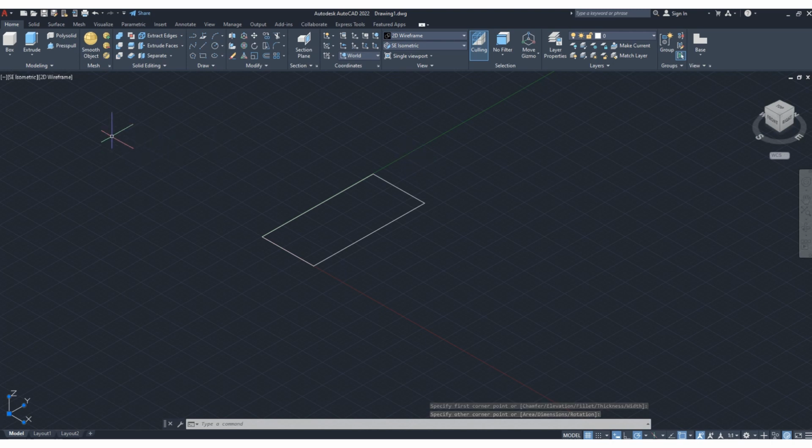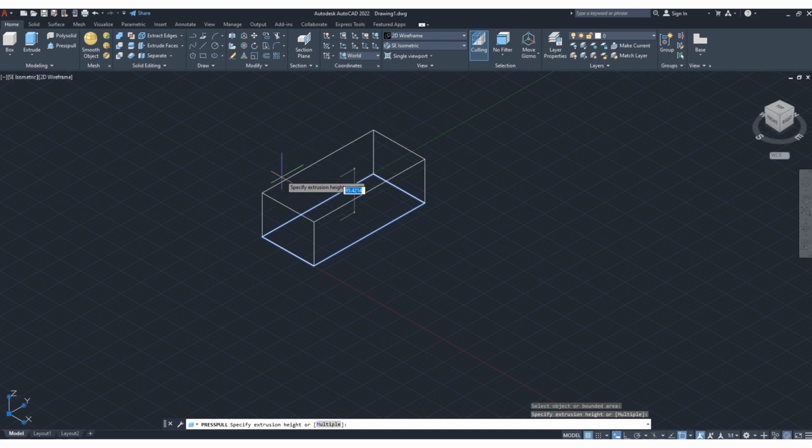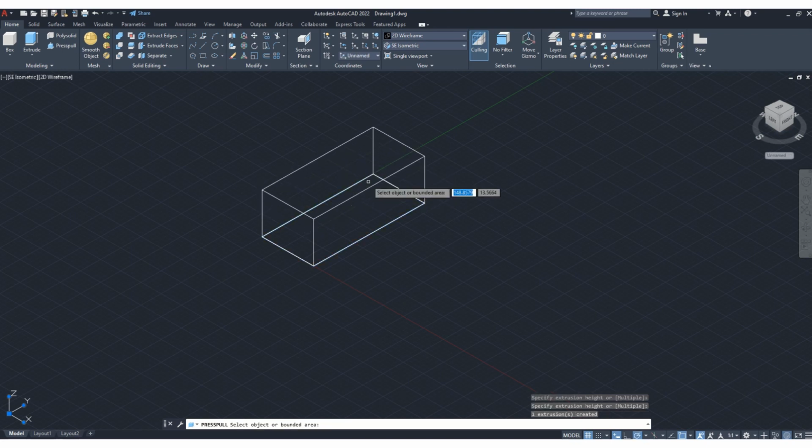Okay. Now for 3D, click here, press-pull. Then click the object and move the cursor. This will be the z-axis. You can put the dimension also. Press enter. Okay. So this is now